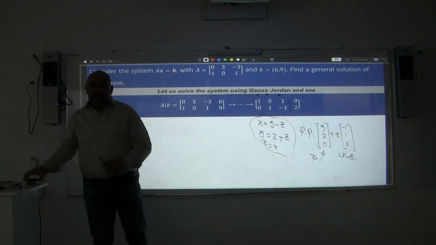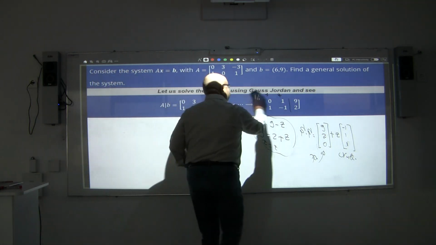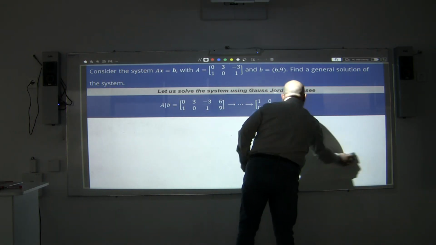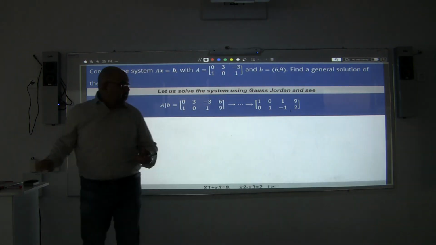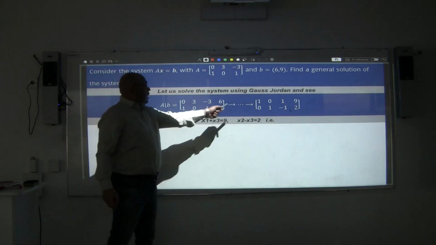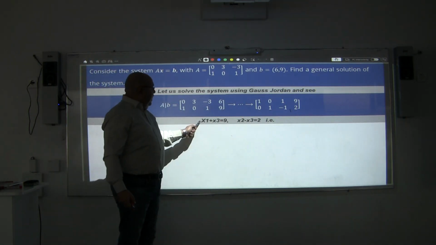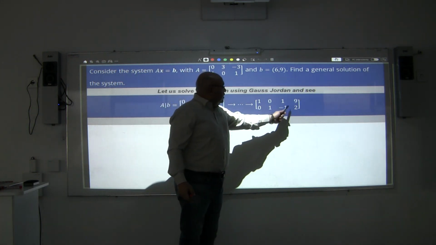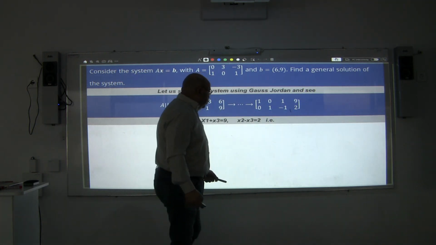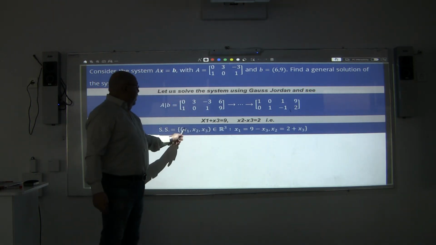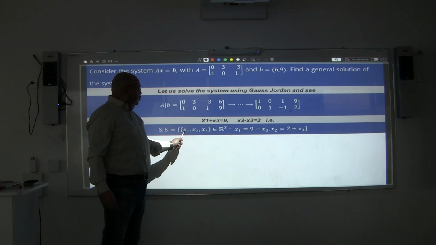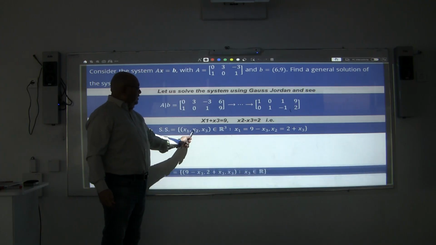Now, we can explain the system or the solution of a system in terms of the null space. So once more, as I told you, expanding the last equation will be x1 plus x3 equal to 9, x2 minus x3 is equal to 2. So once more, I have x1, x2, and x3. Replacing x1 by 9 minus x3, x2 by 2 plus x3,